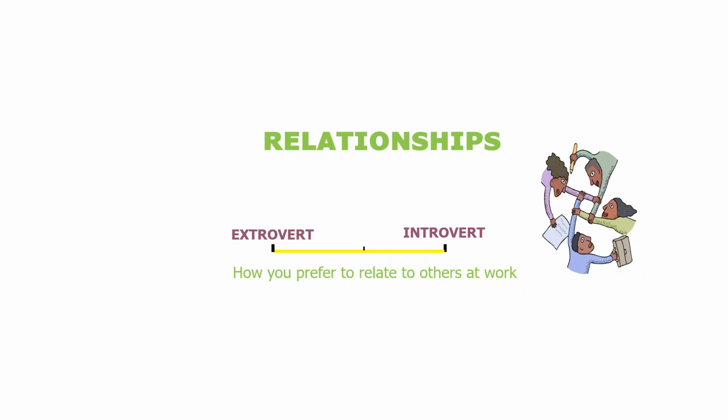The other misnomer about this is that extroverts love people and introverts don't. Not true. Not true at all. It just simply means that introverts are quieter, extroverts are not. Doesn't matter. It's no issue, and it doesn't mean that people don't like people. There's plenty of introverts that like people and enjoy people's company. It's just that they're not going to say too much in those situations. So that's the first interesting scale.